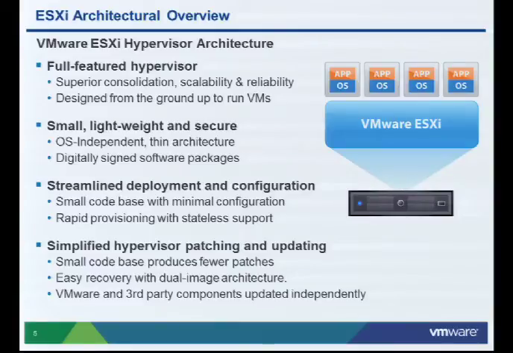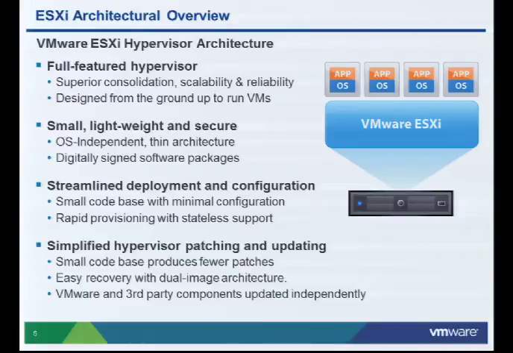ESXi is not an operating system. Unlike other products that started their lives as operating system and can now run virtual machines as well, this is a product that does one thing and does one thing well. And therefore, that allows the hypervisor to be very compact, bare metal hypervisor, no more than a couple of hundred megs in footprint. And as a benefit of that small size,